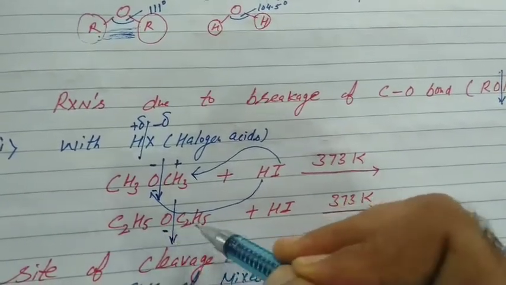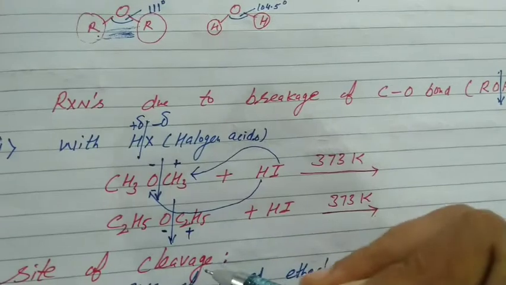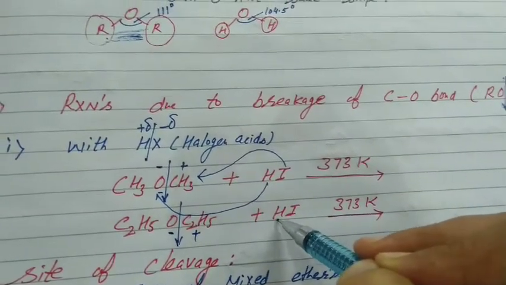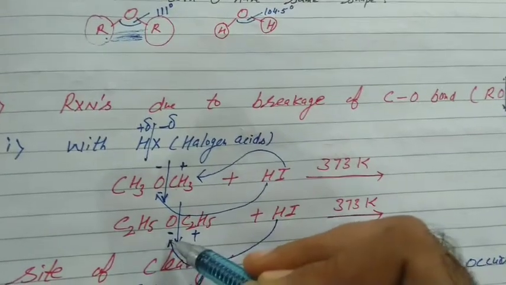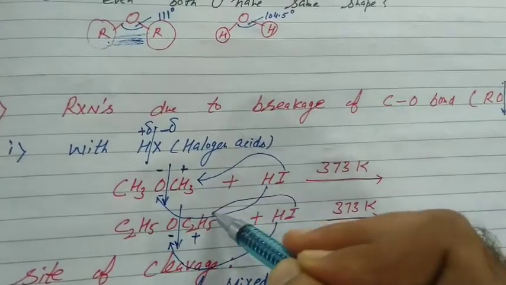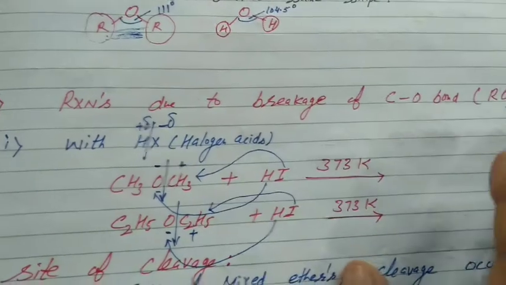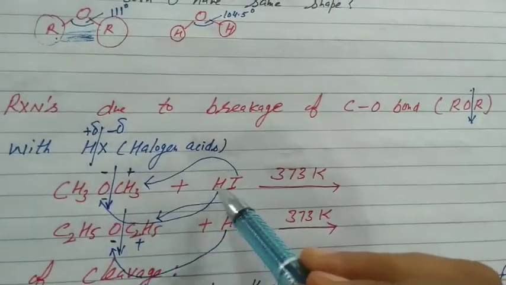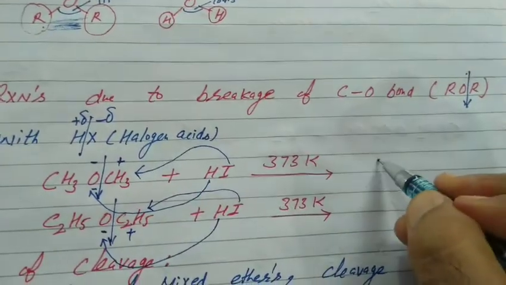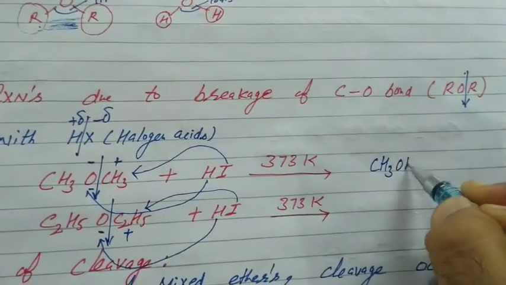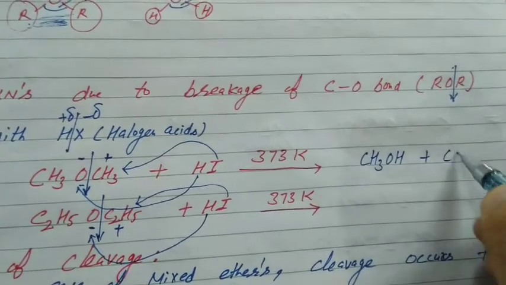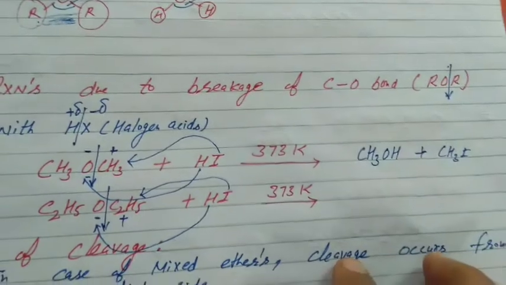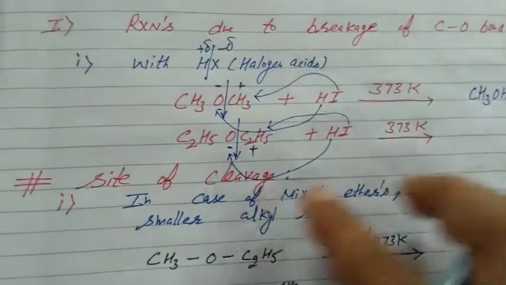When we treat ether with HX, there is the breakage of the carbon-oxygen bond. Oxygen acquires a negative charge, being an electronegative element, and the rest is a carbocation. We are treating it with HX, so H, the positive part of the reagent, will approach the electronegative oxygen and the negative part will approach the alkyl group. Now students, clear what are the products? Alcohol and haloalkane: CH3OH plus CH3I. The second one, please complete by yourself. That's for your assignment.